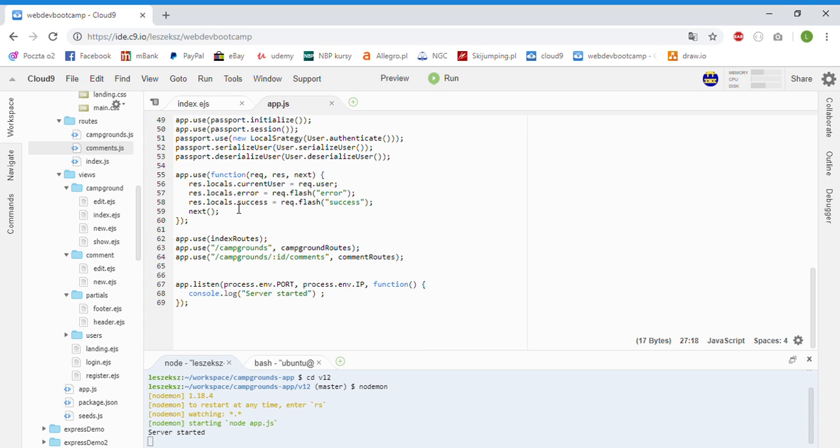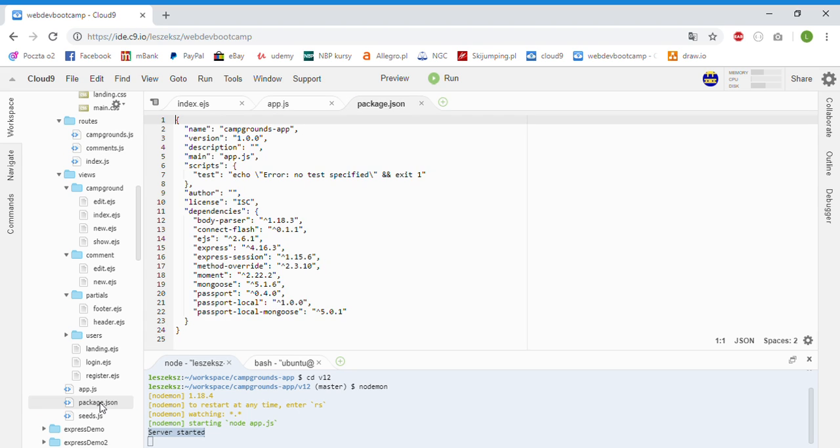Quite a lot of this, maybe not a lot. And here we are using the server, and listening. Our application is listening on process.env.PORT and process.env.IP. And we've got console.log server started if everything's fine, and you see it here. So it started. This is how it works, and at the end I should have shown it at the beginning,